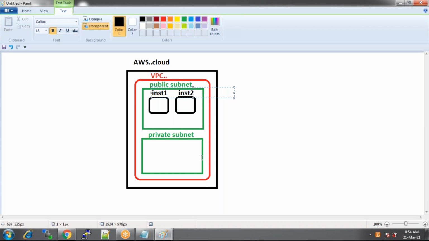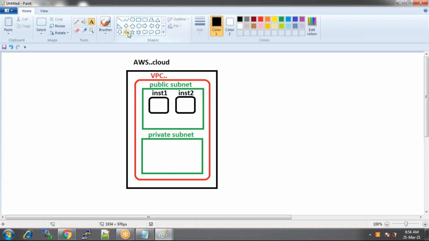But now in these instances, I want to deploy some application. So there is some application, some email application, let's say. So I have an email application running on these two instances. How we do the deployments, we'll talk about that in the next weekend. But let's say I have some application running on these two instances. Well, now since we have an application, there are some application users. So this is an email application, right? Then we have application users.